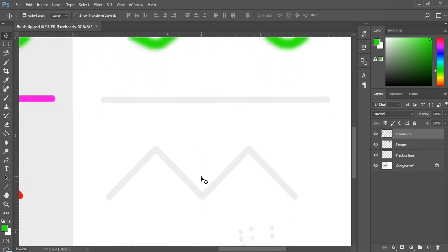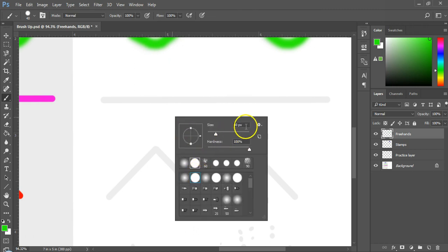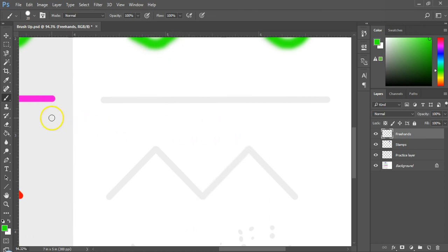So next, we have a straight line here. There will be various instances in the future where you will need to draw straight lines, and you can do it rather easily with these keyboard commands. For this, let's set the brush type to hard rounded and size to 20 pixel. Use the eyedropper tool to select the color of the straight line for this exercise. Create the new layer and name it straight line.